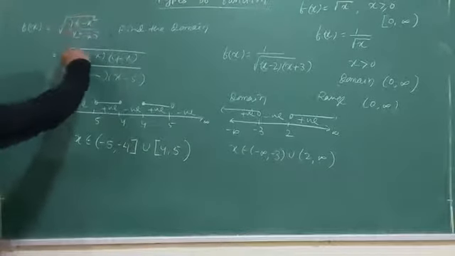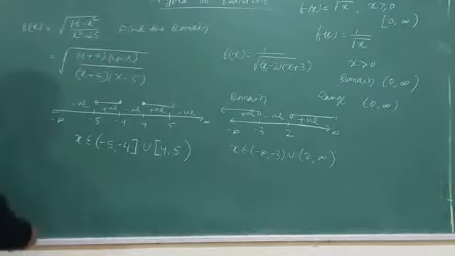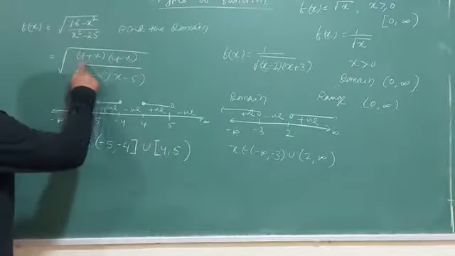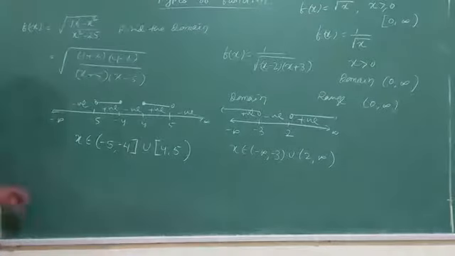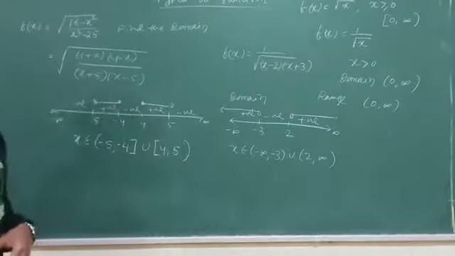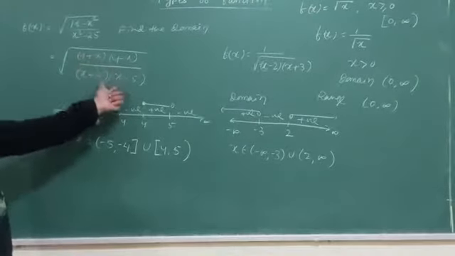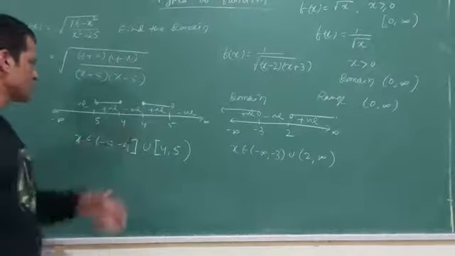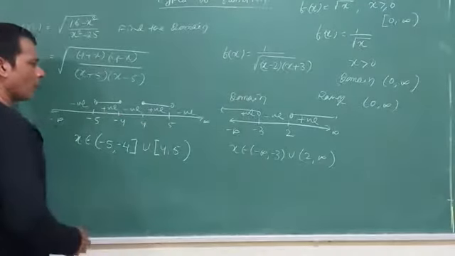Now next comes another question which consists of a numerator part and a denominator part both, under a complete square root: 16 minus x square over x square minus 25. Find the domain. So what I did, I factorized it: (4 plus x)(4 minus x) over (x plus 5)(x minus 5). Then equate all these values to 0 to get the values to substitute in the number line: minus 4, 4, minus 5, 5. In ascending order, you can see minus 5, minus 4, 4, 5.